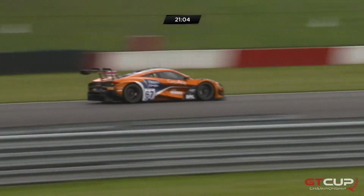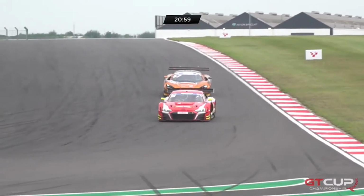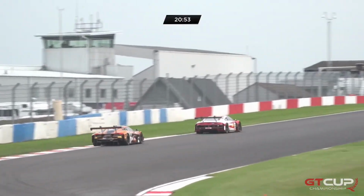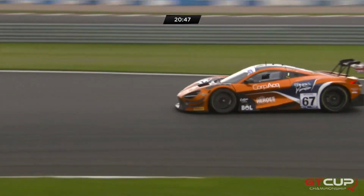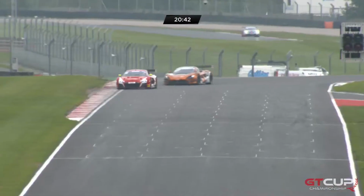Back to the leaders now then, down towards the Melbourne hairpin we go. Fastest lap of the race belongs to Hugo Cook. He set that on the previous lap, the first full flying lap, but he ain't shaking off Tom Roach, who is right in his wheel tracks. Through the hairpin they go then, climbing uphill, the man who had so much success in one-make MX-5 racing for many years, these days turning his hand to GT racing, and he is latched on to the rear end of